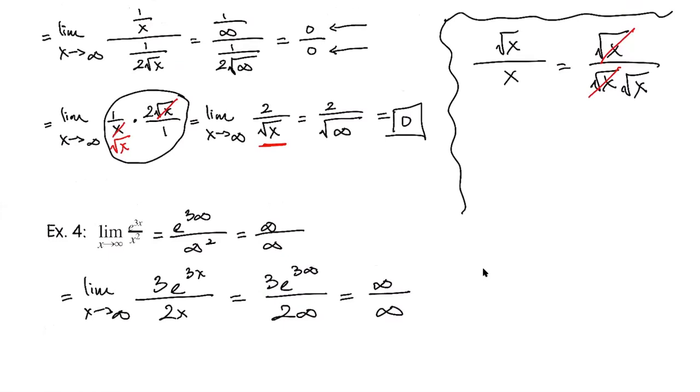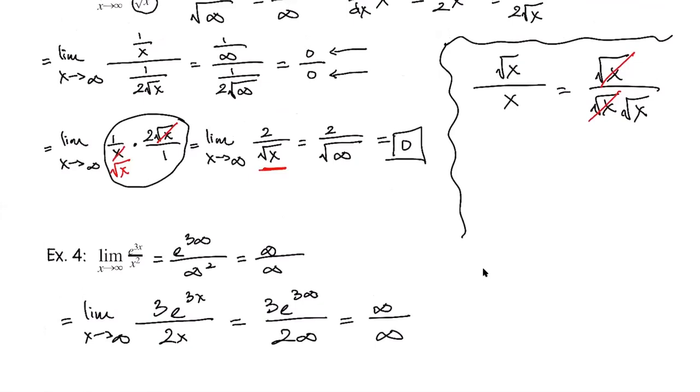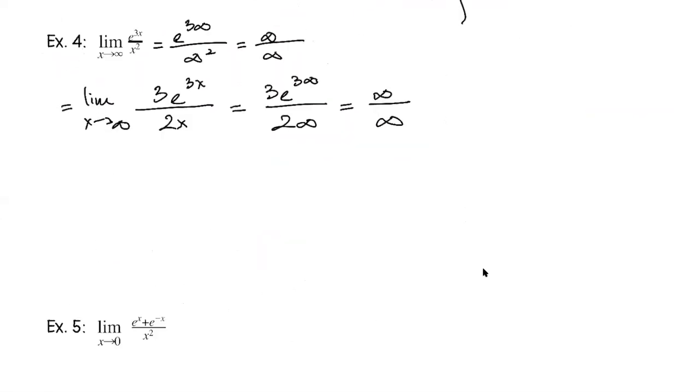So I kind of do that check. Is there anything else that I can simplify? And if not, then I try L'Hopital's again, okay? So maybe that's a better way of phrasing that decision making for example 3, right? I tried L'Hopital's once, but I saw I could simplify some things, so I chose to do that before trying L'Hopital's again. But in this case, for example 4, we're kind of forced to do L'Hopital's again.